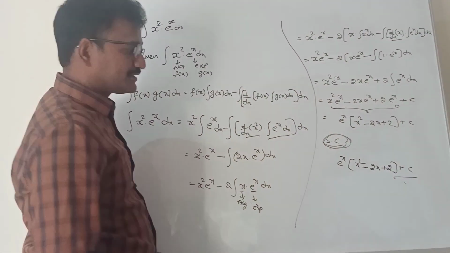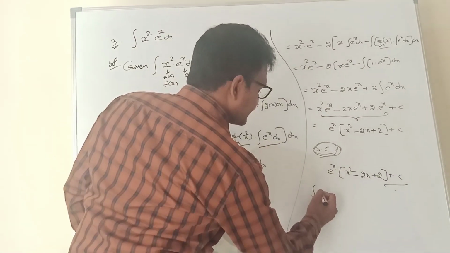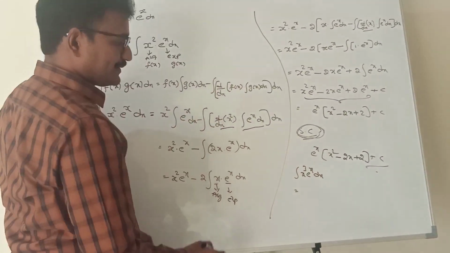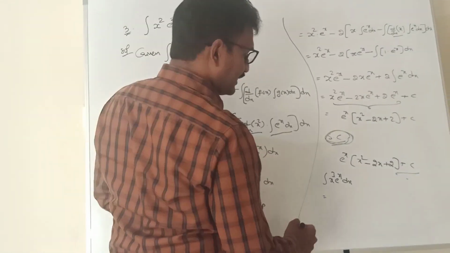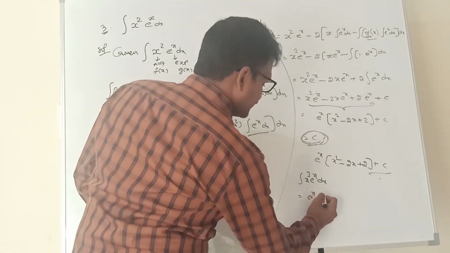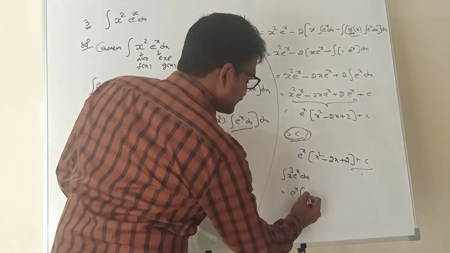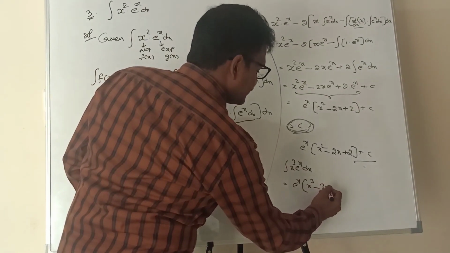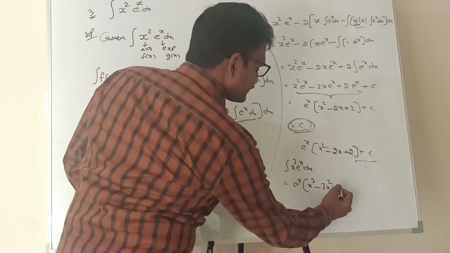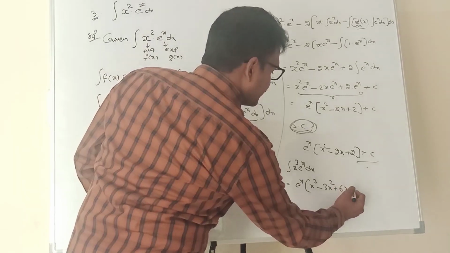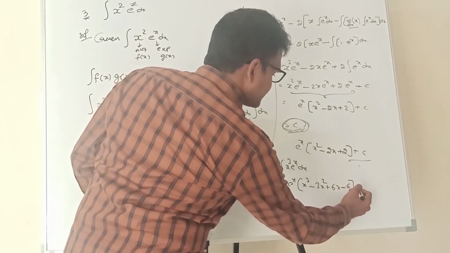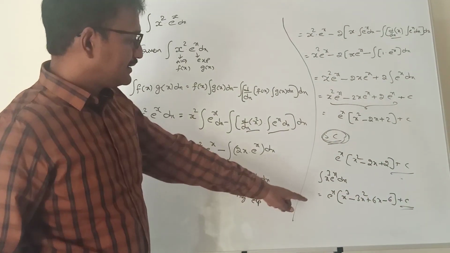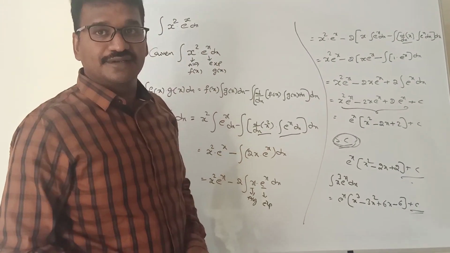This is the shortcut. Similarly, if you have the integration of x cube into e power x in JEE Mains, CET or MHT-CET exam, whatever it may be, any competitive exam, how to do this problem? e power x into x cube minus the derivative of x cube, which is 3x square, plus the derivative of 3x square, which is 6x, minus the derivative of 6x, which is 6, plus constant. Change the signs alternately and write the derivatives of x.